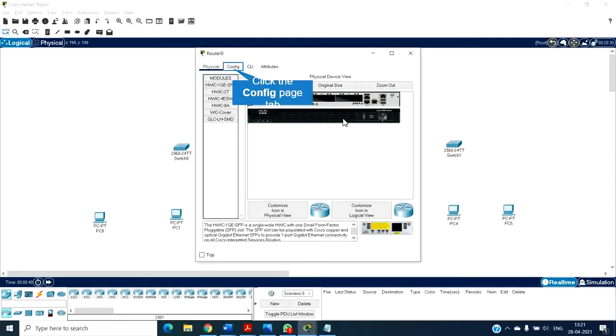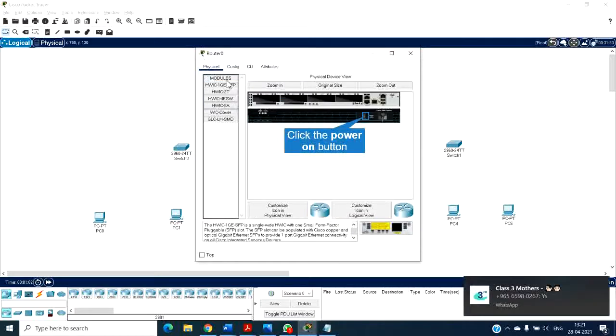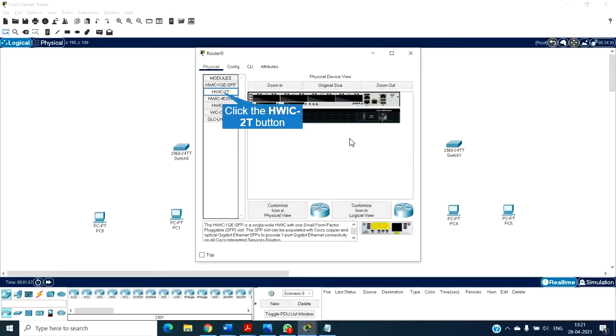As visible, the router does not have a serial port. It only contains gigabit Ethernet ports. So I'm going to include a serial port so that I can have a connection between 2 different routers altogether. Otherwise I'll not be able to connect 2 routers with different class forms. So if I have to achieve different class forms, I'll have to have a serial port. As usual, we have to switch off the router before getting inside the configuration.